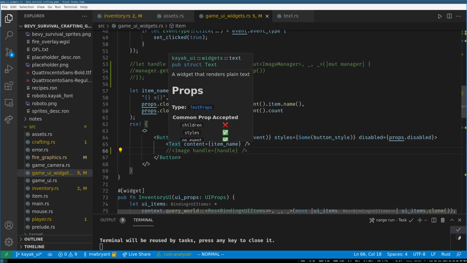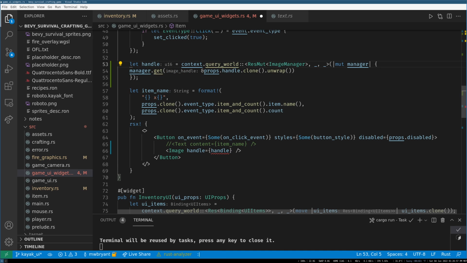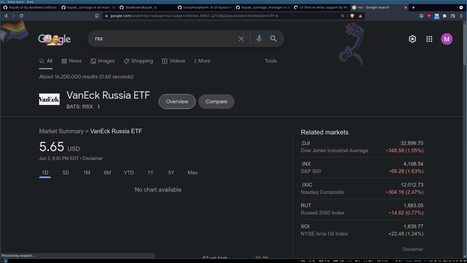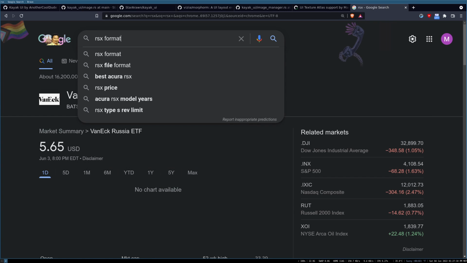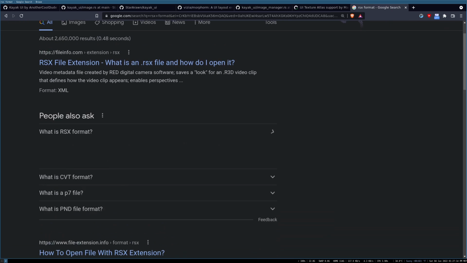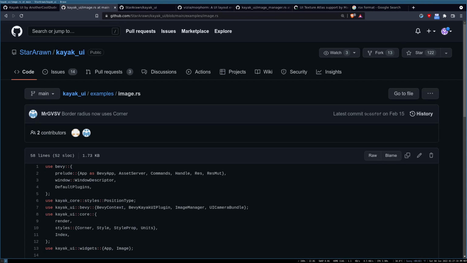So my theory is we have support for images. I haven't quite got my head around how this works yet, so let me try to explain my theory of it for now, just so everyone's on the same page. Basically, it uses RSX, which I don't know if that's a real format. RSX. Okay, it's a stock format. It's a file extension. Yeah, I don't actually know what this file format is, but Kayak UI,